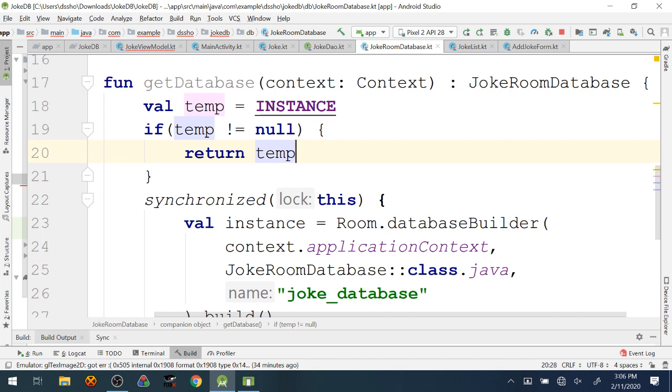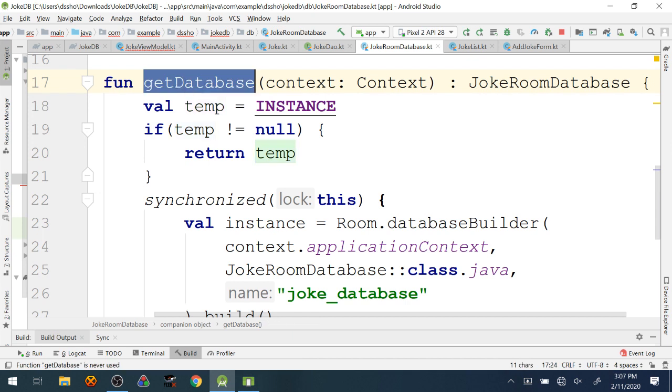Yes? So just a question on this function in general and getting the call for the abstract class. What's going to call the abstract class, and isn't that going to set the instance to null every time it gets called? So get database is a function that we're actually going to call in the, where are we going to call that? In the repository, no, I think we'll call it in the repository. Actually, might call it in the view model. I'm trying to remember where that call comes from.